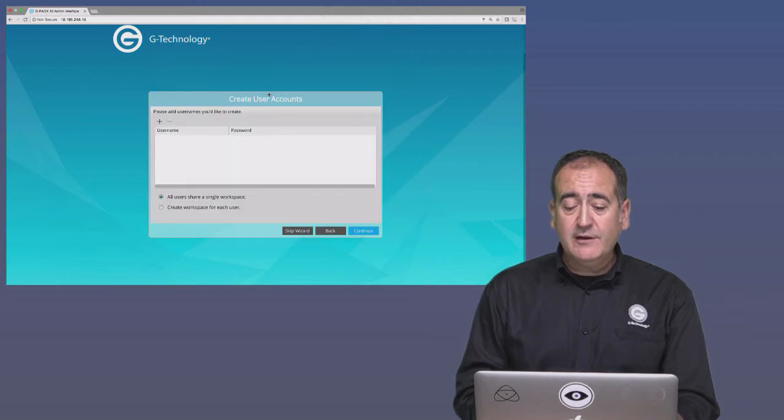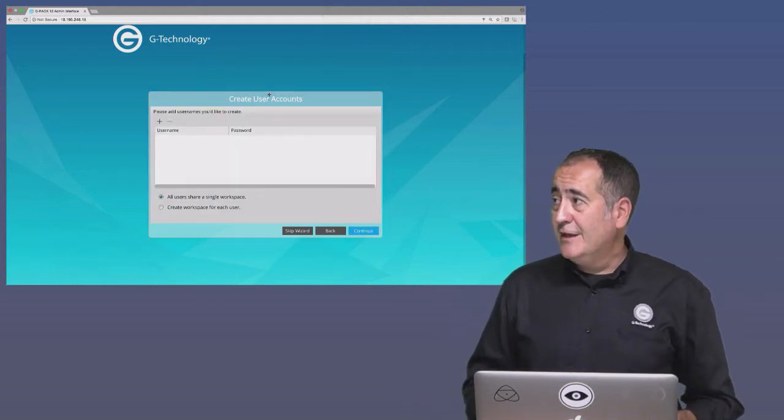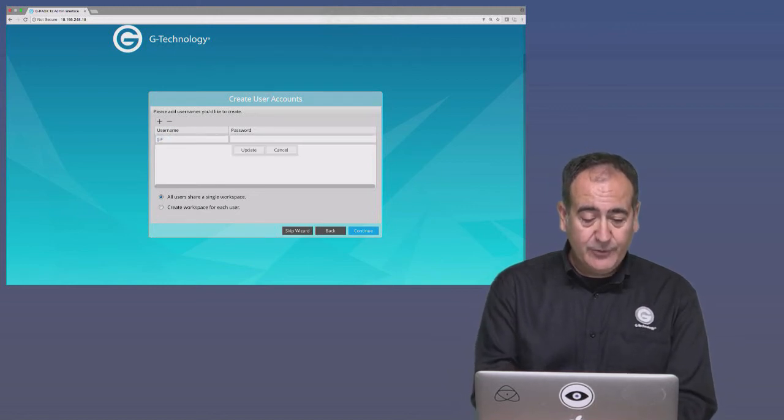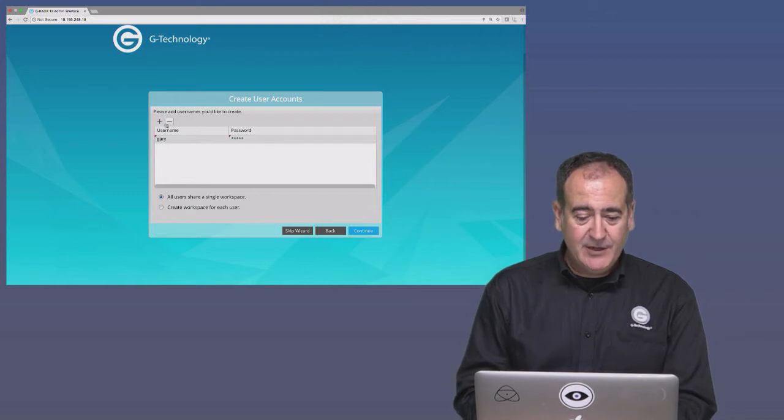And then just to kick us off, we are going to have to create a user account. So we can't really log into this product if we don't actually create a user. So I'm going to create one for Gary really quick. Cool. And then I'll make your password GTech as well, so we'll remember that later. And I'll go ahead and add one for myself as well,